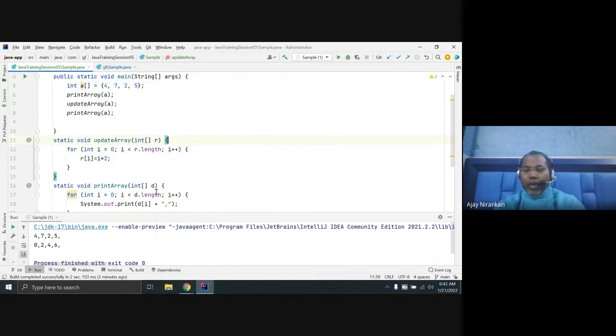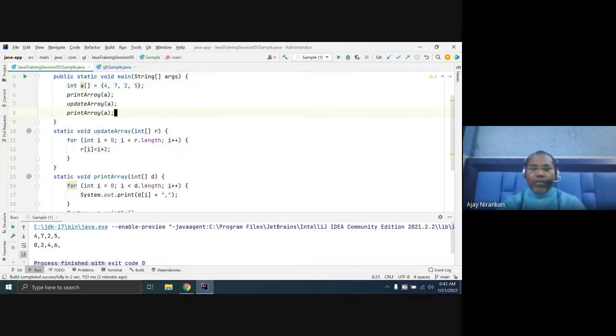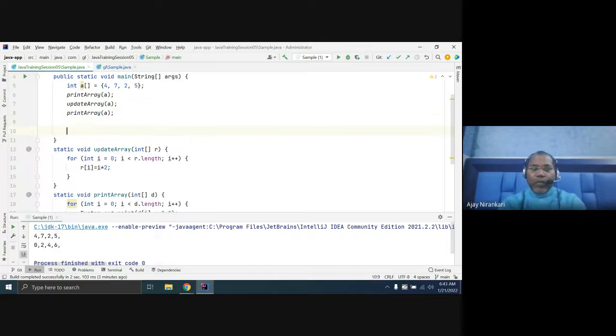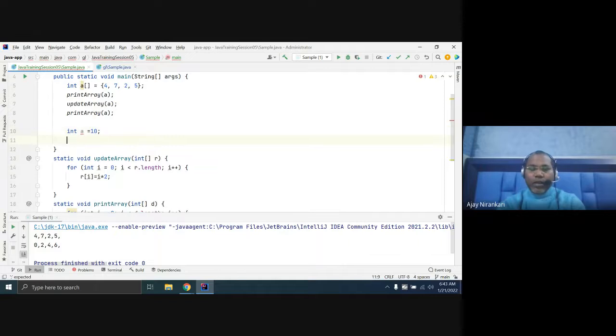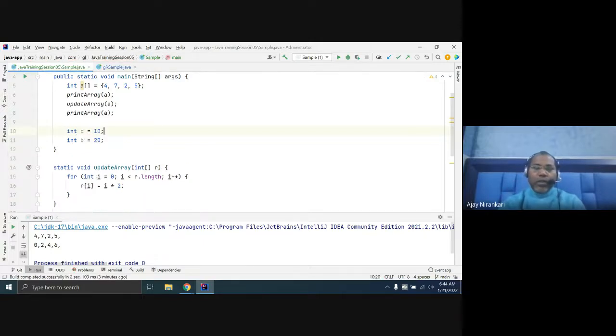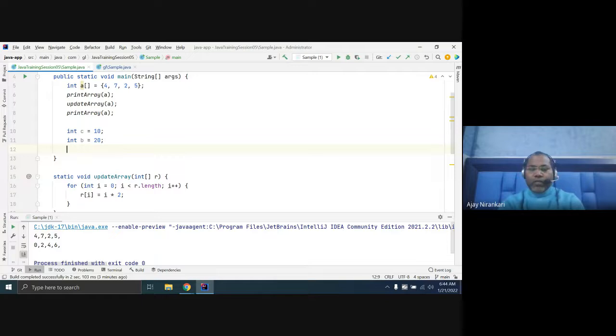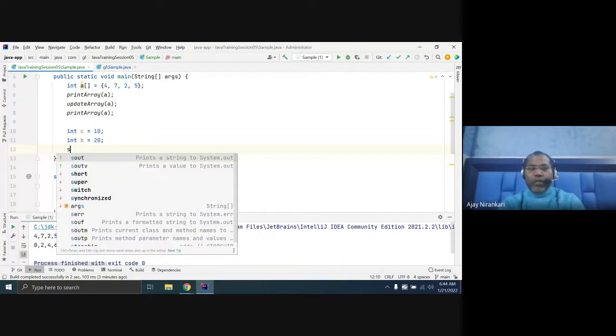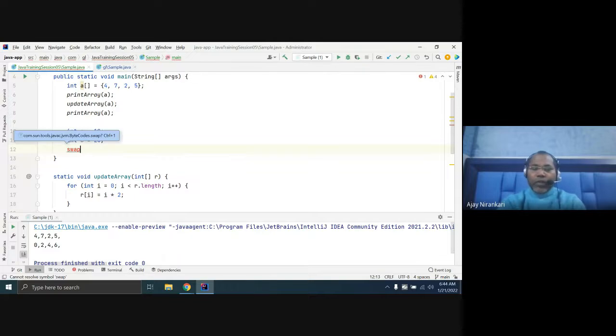So let us explain with an example. Let us assume we have a variable here, not an array. Let's keep variable a equal to 10, let us say integer b equal to 20. A is already declared, I think, so let's clear it. And let us write one function, swap. We know the logic, right? Swap function will take two inputs. Let's pass a comma b.